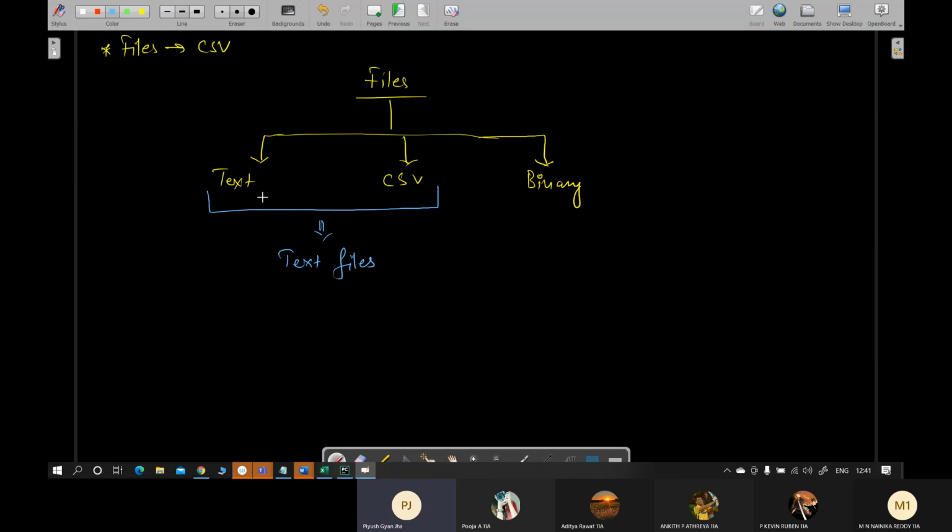That means the content of these files is in human readable form, and ordinary notepad programs or text editors can interpret the contents and humans can understand. However, every other type of file is a binary file and is not in human understandable form. Okay.